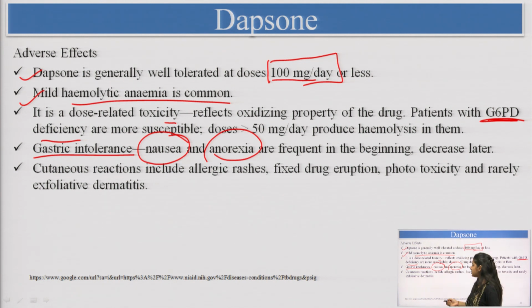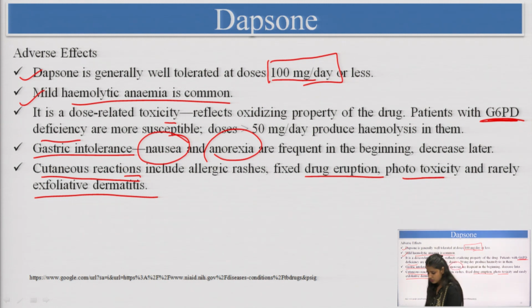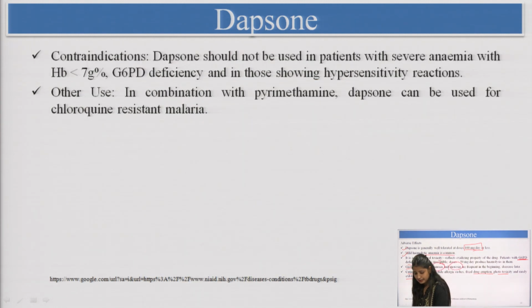Sometimes we have also seen cutaneous reactions, skin reactions, including rashes over the cutaneous layer, or eruptions in those areas. So the skin will be erupted, light allergy will be there, and rarely exfoliative dermatitis, where there is inflammation of the dermis layer and it will erupt. So this is also one of the painful skin conditions.